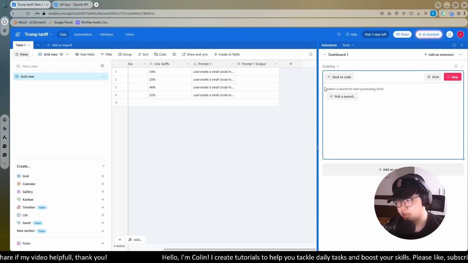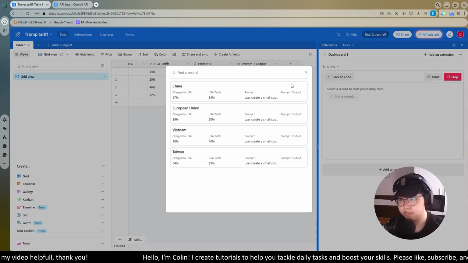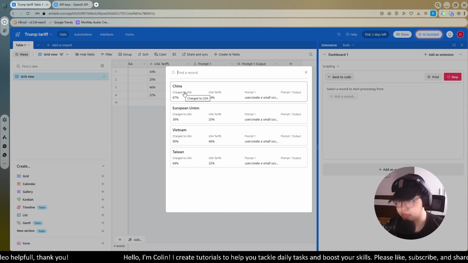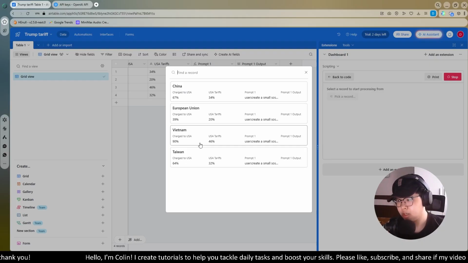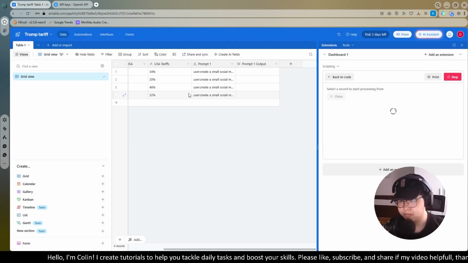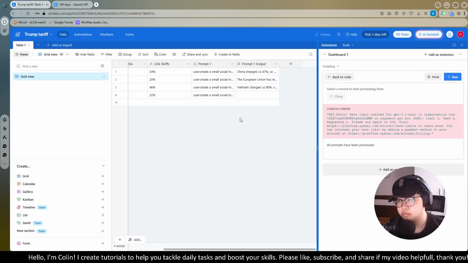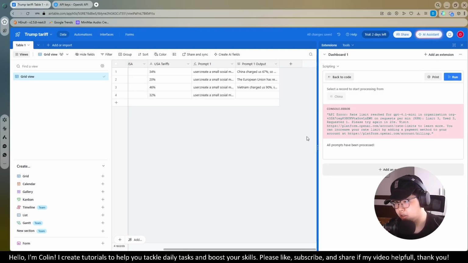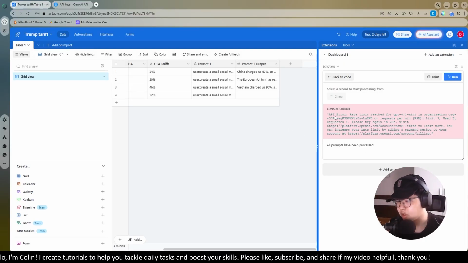When you run, it asks you to pick a record. If you pick the first record of the table, the script will automatically run from the first one to the end of the table. For now, I will pick the first one. It's China. Okay, you see here, all prompts have been processed. It returns some errors here because my ChatGPT API doesn't have enough credit.